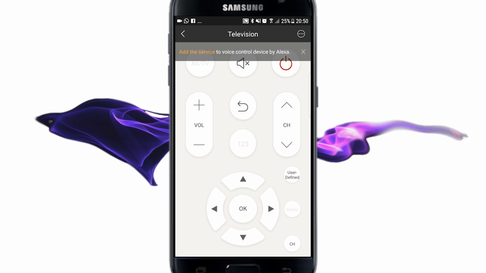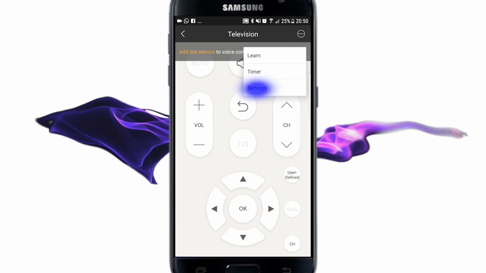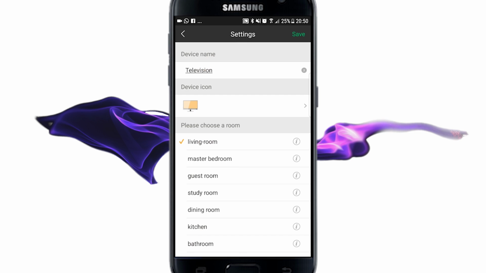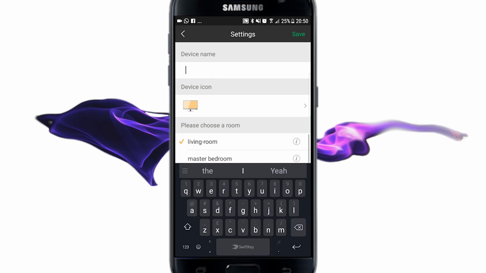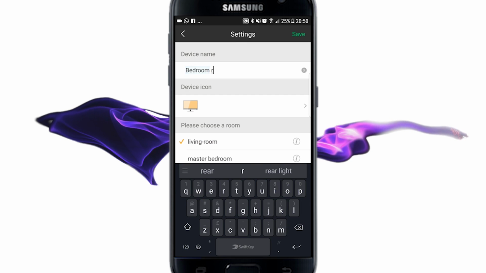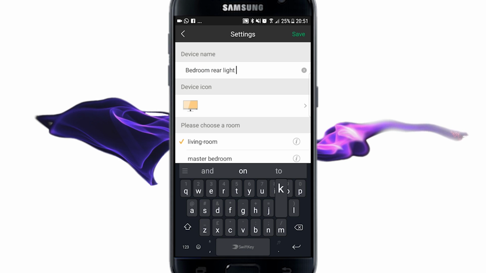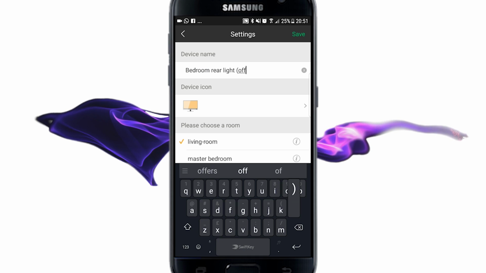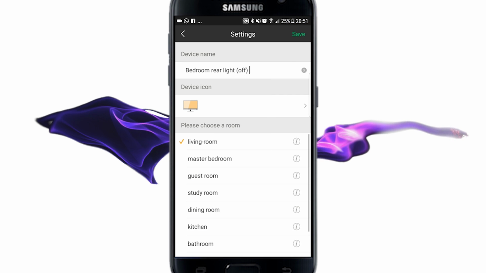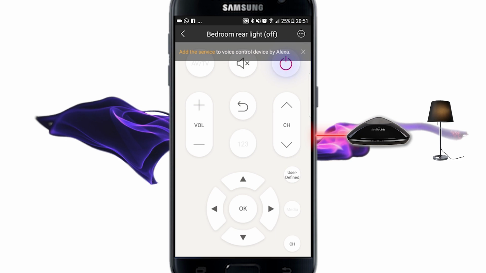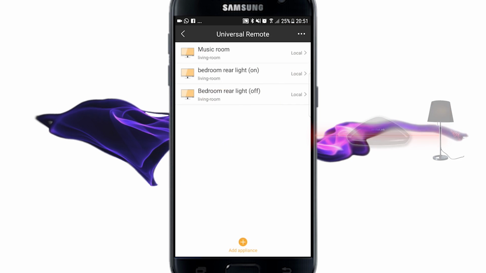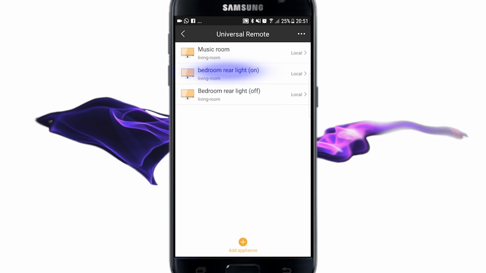And now we're going to rename our television again, so settings. And we're going to call it bedroom rear light off, in brackets. Save. When I press the power button on the remote, it turns the rear lights off in my bedroom. If I go back, you can see I've now got two televisions, one called bedroom rear light on, one called